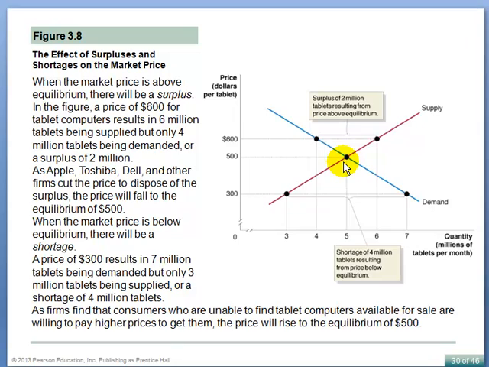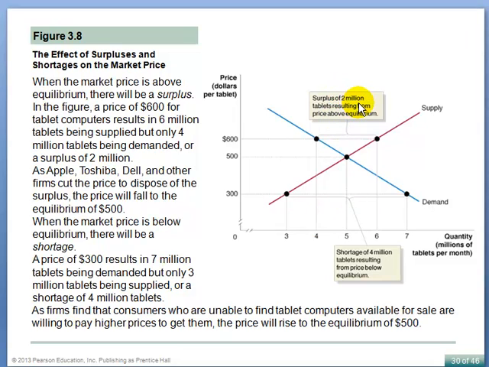To see why, consider what happens if a market is not in equilibrium. For example, suppose that the price in this tablet computers market was $600 rather than the equilibrium price of $500. As this figure shows, at a price of $600, the quantity of tablets supplied would be 6 million, and the quantity of tablets demanded would be 4 million. When the quantity supplied is greater than the quantity demanded, we say there is a surplus of 2 million